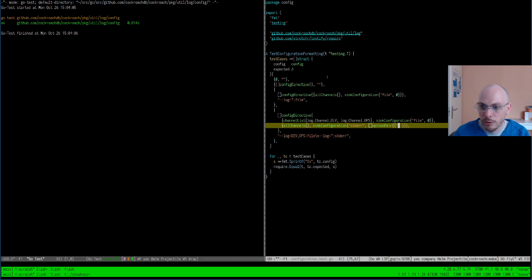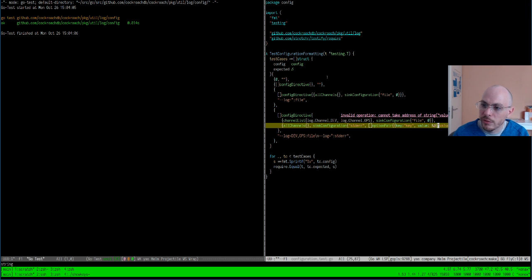And here I'm going to have one that's called key with a value. And the other one is singleton key. Oh, I can't take the address of a string like this.